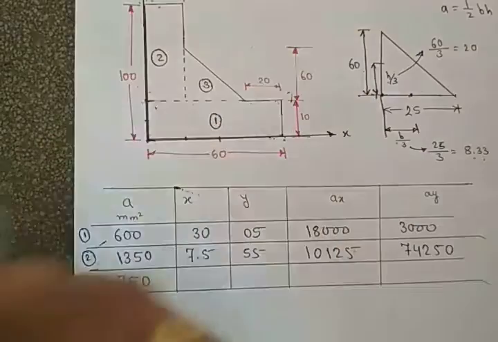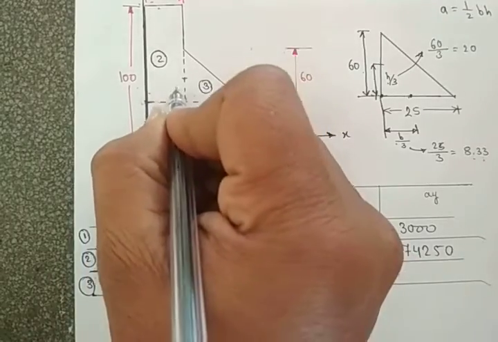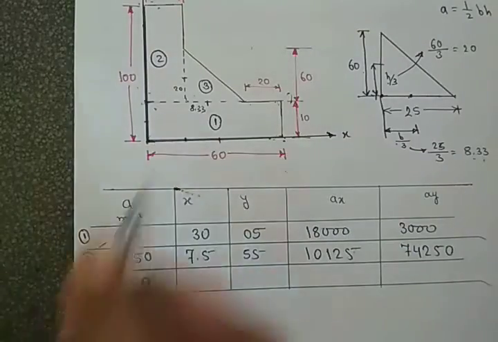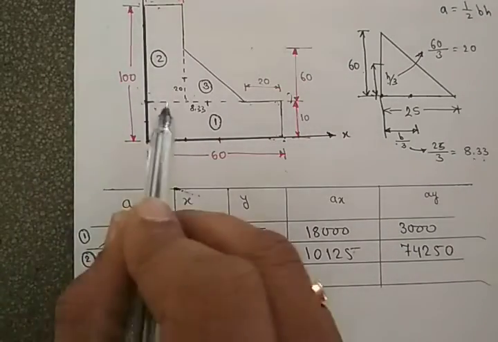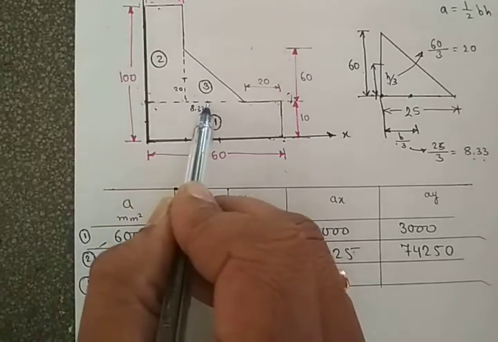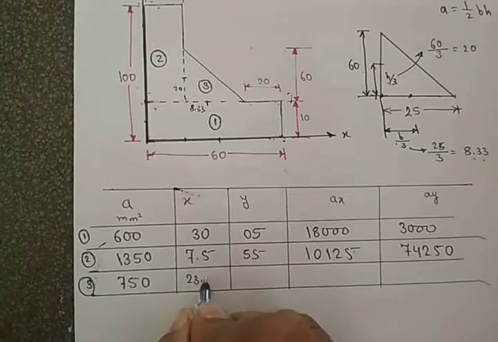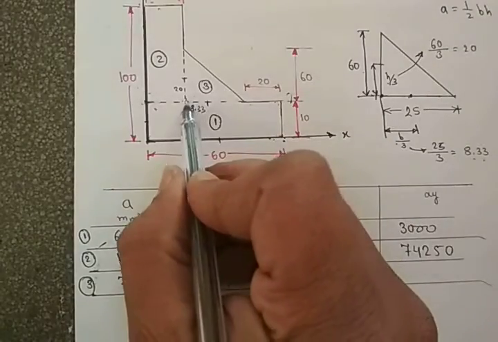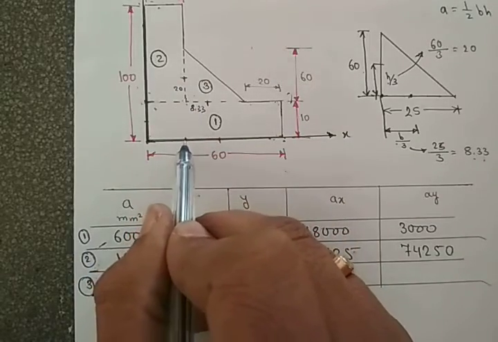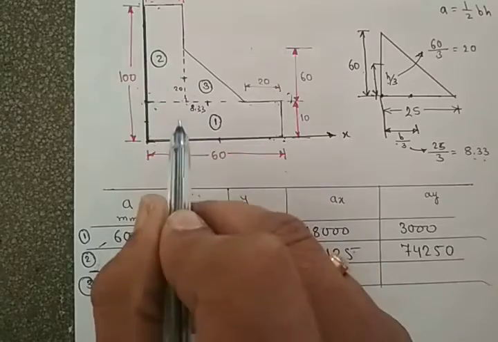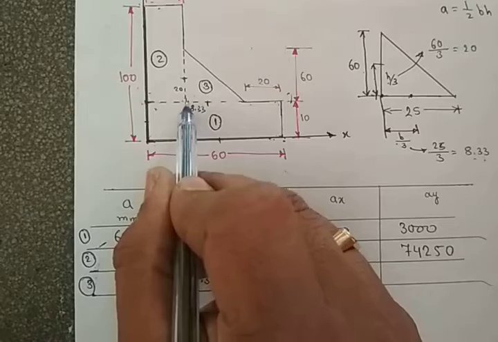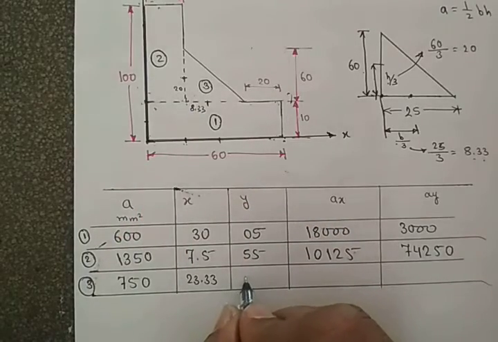Now, when we come to this figure, from here to here it is 20, and from here to here it is 8.33. But from where do we require the value? The actual value, from here to here, we require. So 15 plus 8.33 is 23.33. And from here to here we have 20, but we require from the bottom to this point. So this 20 plus 10, how much does it become? 30.